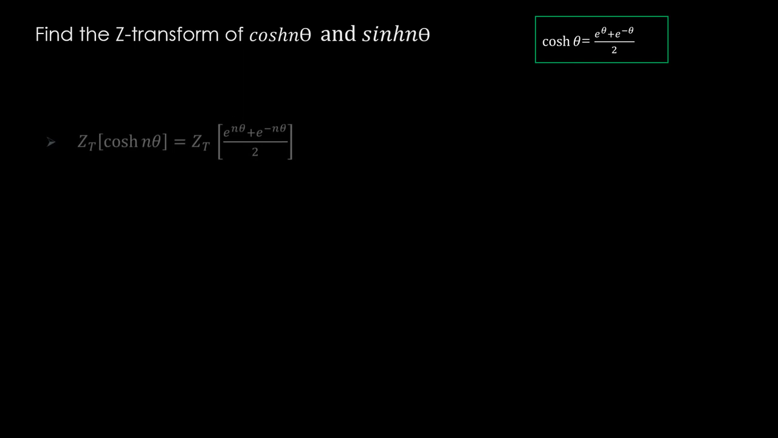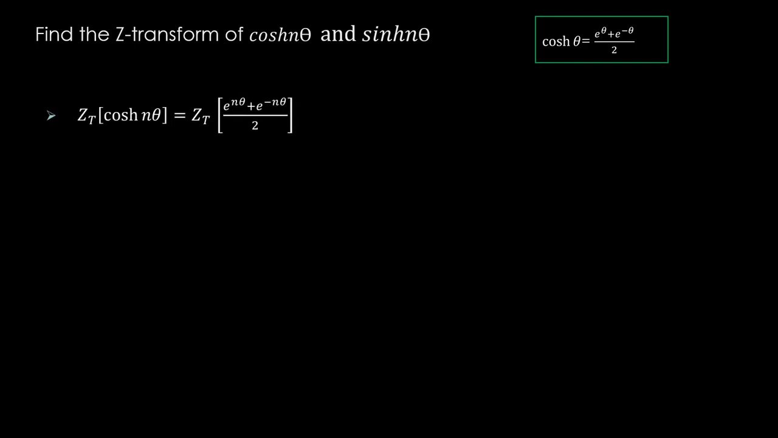We will move on to the next problem. Z transform of cos hyperbolic n theta and sin hyperbolic n theta. I can express cos hyperbolic in terms of exponential, so that z transform of cos hyperbolic n theta is z transform of e power n theta plus e power minus n theta divided by 2,